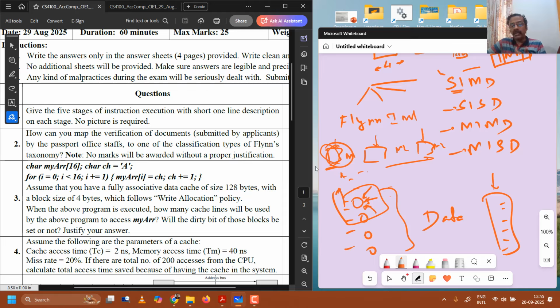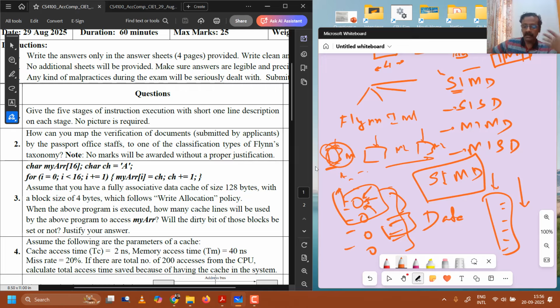Okay, but he is going to apply the same logic which is given to the person, right? The steps which are given to him. So it is like a program wherein a single instruction stream is given to this individual and multiple data is fed to them, because the person sitting at the counter is not going to validate one person's data only. Multiple applicants are coming into the passport office, and you need to apply the same logic. So it is a SIMD which is to be given as an example